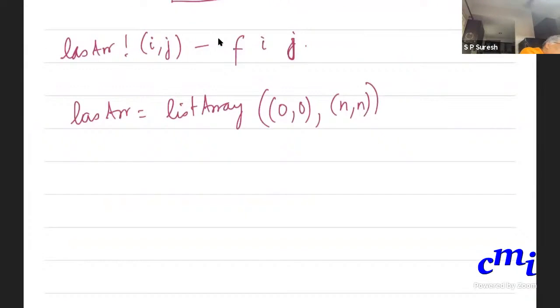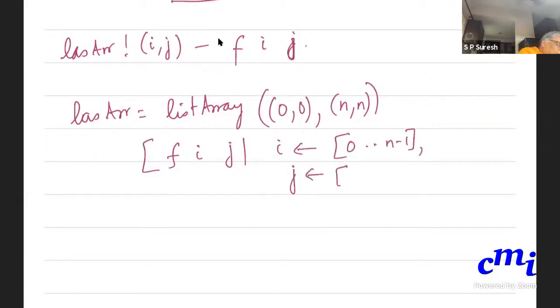Let us say something like this. I am being very smart here. I'll say, oh, I know that Fij is defined only when i is less than j. So I'll do something like this. What will happen then?